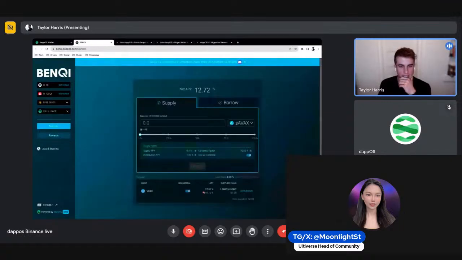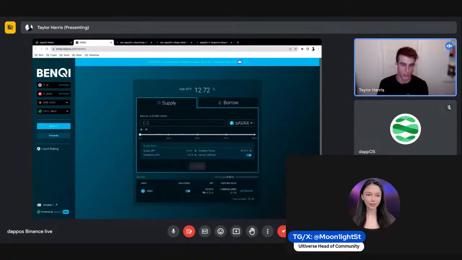All right, so as you know, Banky is on Avalanche. So for Avalanche users, that's obviously a great thing. But if I'm somebody who works on another chain, that's again where dappOS's unified account comes into play. As you can see on the left side of the screen, I'm currently working off of BNB, but Optimism, Avalanche, Polygon, Ethereum, Manta, Arbitrum, everything is here in one. The thing about Banky is basically users can supply and borrow. If you're familiar with staking, with liquid staking, this is where dappOS comes into play.